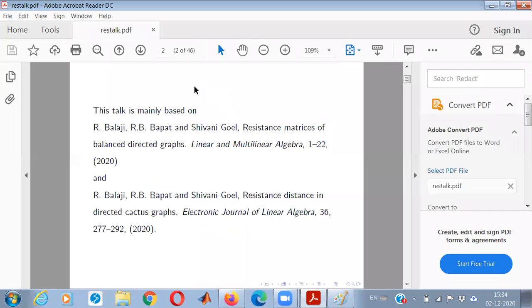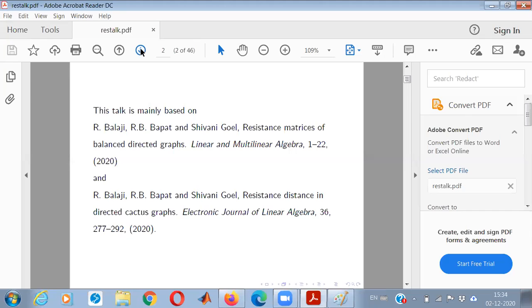One paper contains the basic theory of resistance matrices of directed graphs. And the second paper is a continuation of some open problems, but the main problems are still open. This is just a partial solution to some of the problems. So mainly I'll be talking about the first paper, but before that I want to give an introduction to resistance